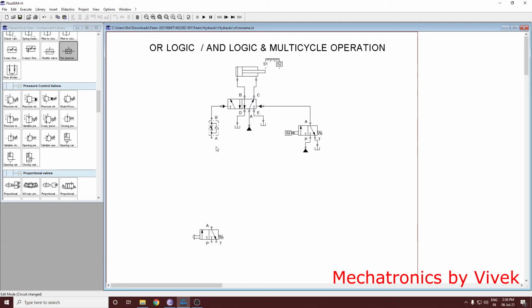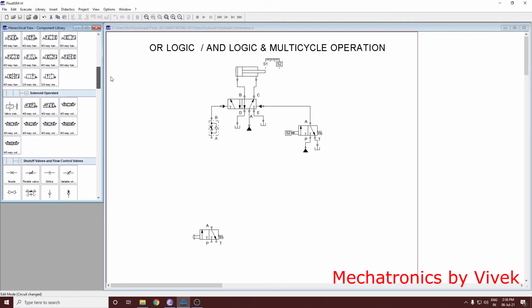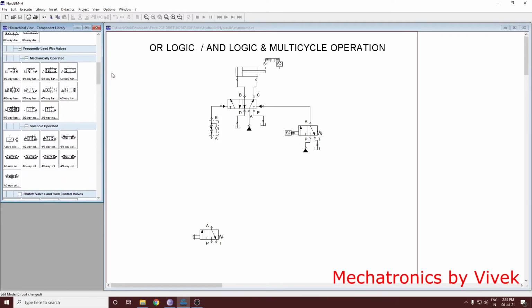What we need is two such switches. So take one more 3x2 valve. You drag one more 3x2 valve here. Okay, right?